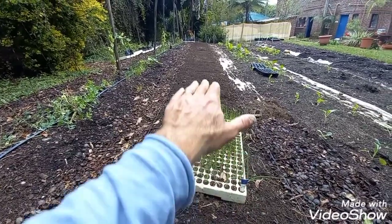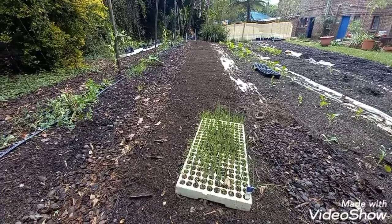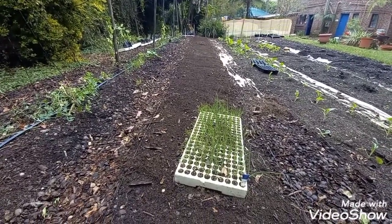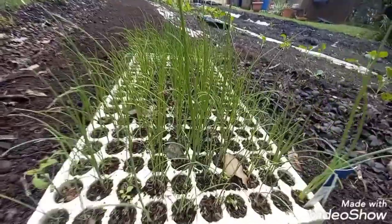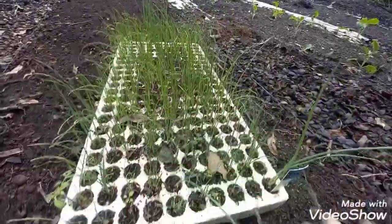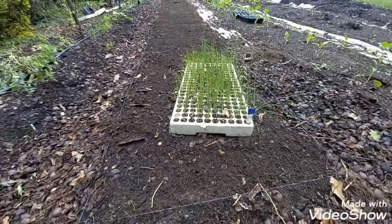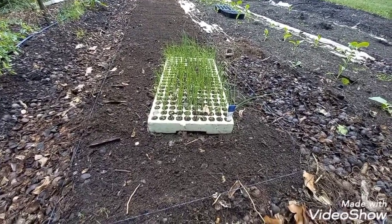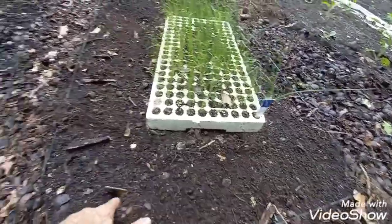I've raked this bed now, and I'll be planting some lavender and thyme into it, the ones that are still surviving. And I'm not planting onions into it. These are onions, as you can see, nice and tall onions. The reason why I'm not planting these onions in here is because I believe they have been rooting through this